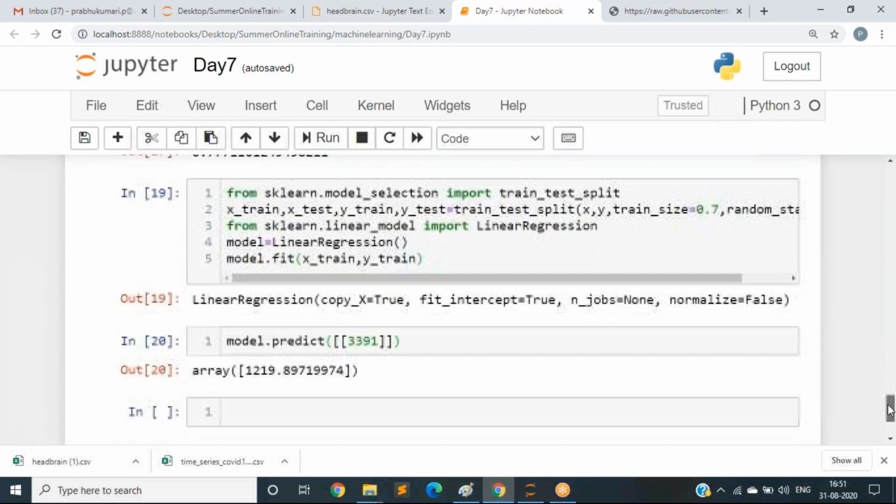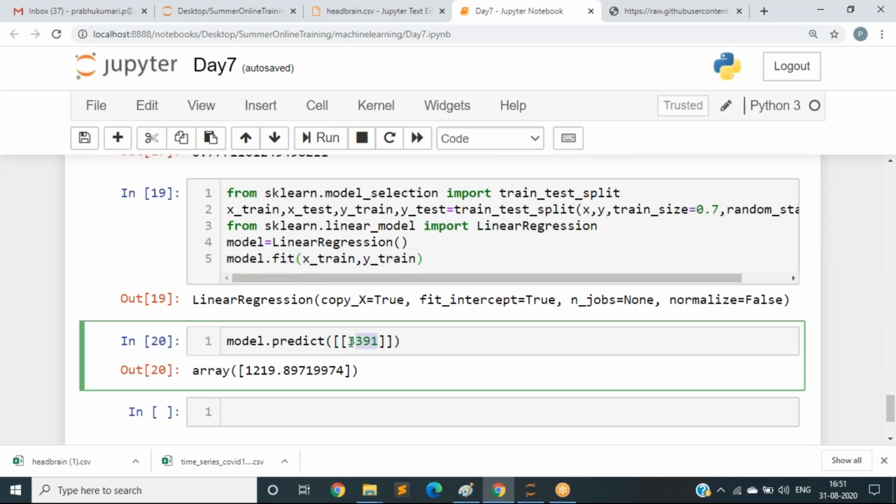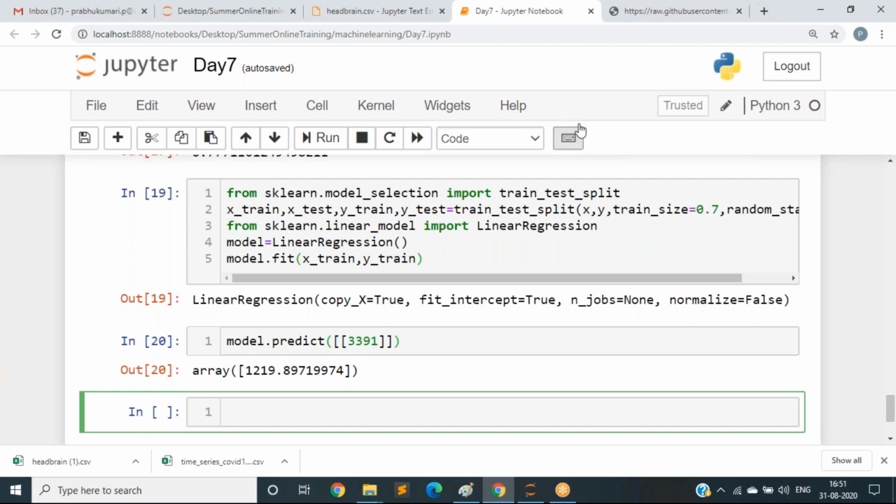And when I have applied the linear regression here, for 3391, it is showing me 1219, which is very different. Nothing but there is more error here. Can you observe that? With that type of data, if you apply decision tree, it will be useful. Have you understood the advantage of decision tree regressor?